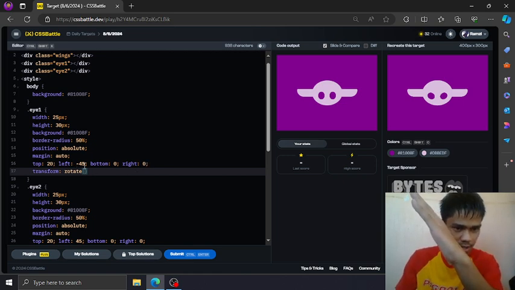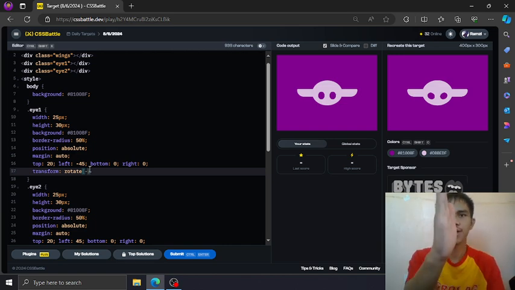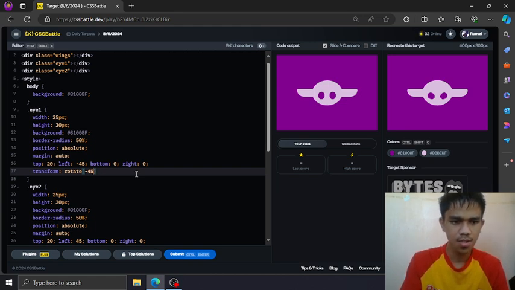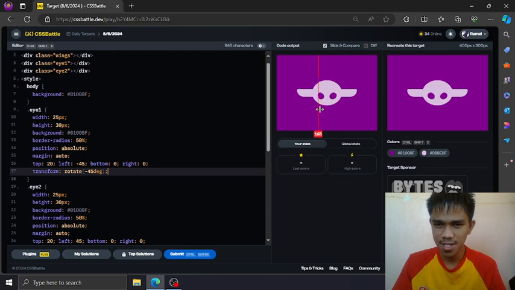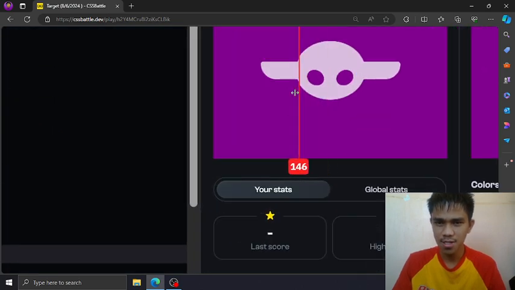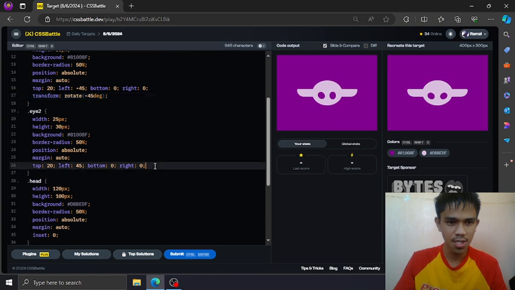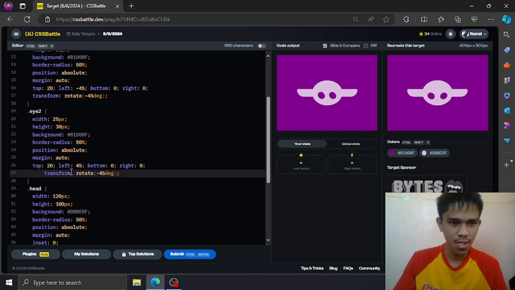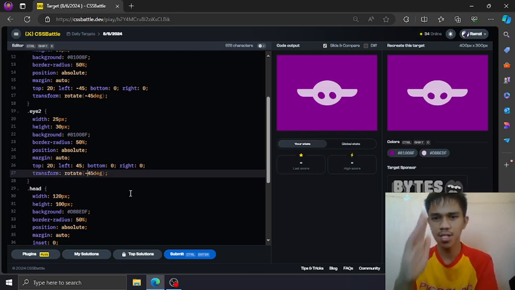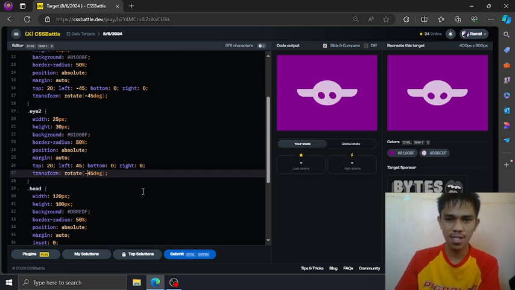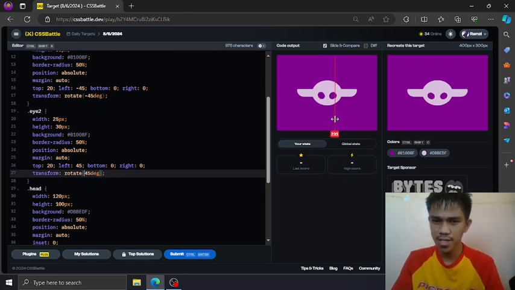So for 45, you are just going to rotate here. So negative 45 because we are rotating here, not here. We are talking about the left eye, by the way. 45 degrees. Okay. You see that? It rotates here. Oh, I see. It's happening. So copy this first. Let's quickly copy this. Then rotate this clockwise.